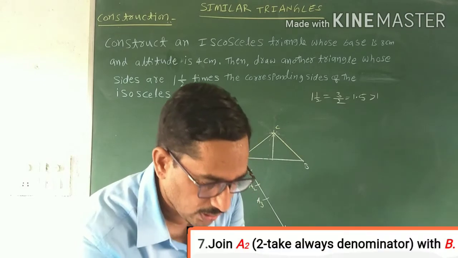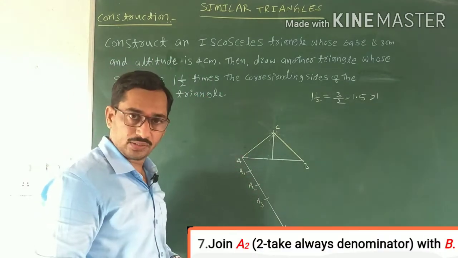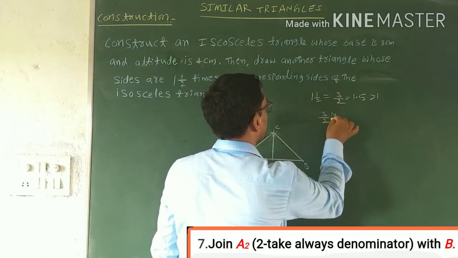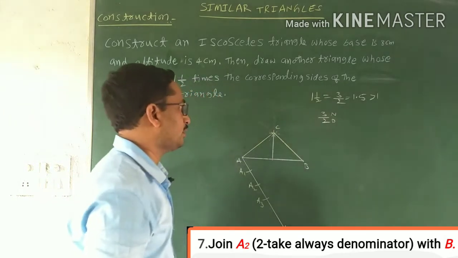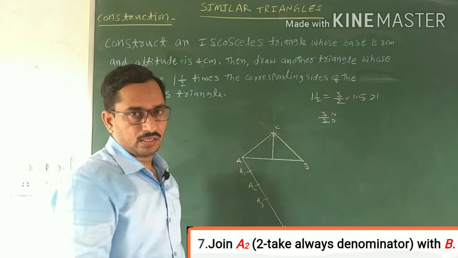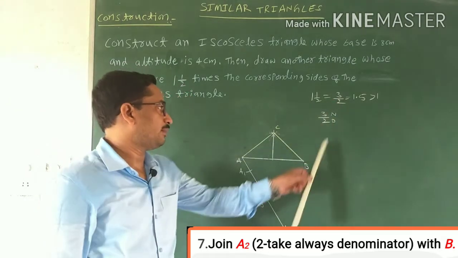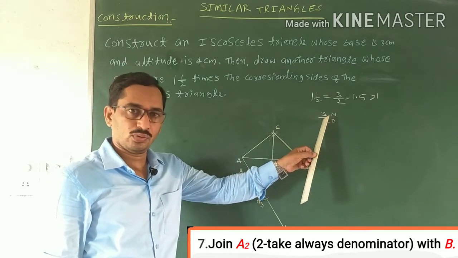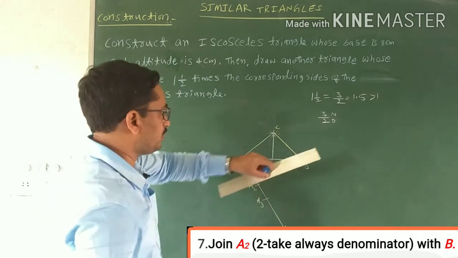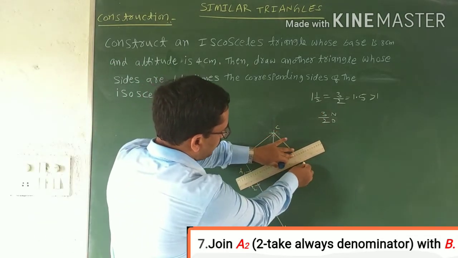Now next we have to join A2 with B. Why A2? This I explained in the previous videos. This is the numerator and next is the denominator. Numerator I denote with N, denominator with D. So in the order of the alphabets, first letter D, next N. So always take the denominator number, which is 2, here take A2, and always join with B. So this is a simple trick. It is applicable for all problems. So join A2